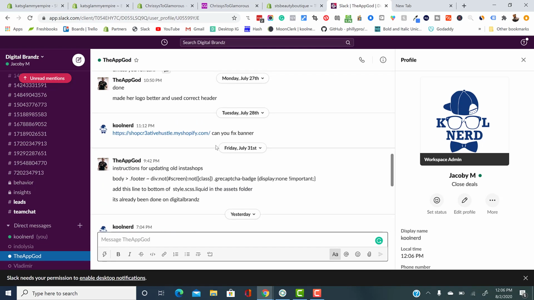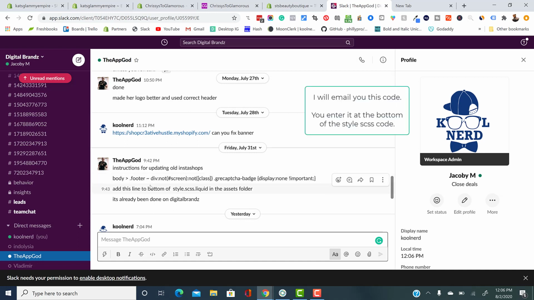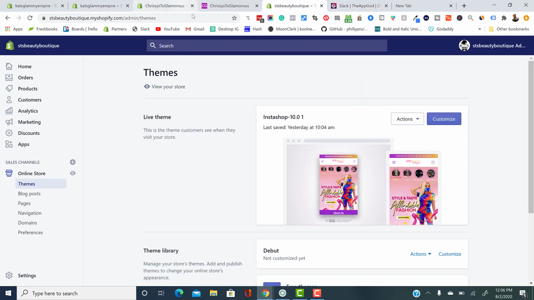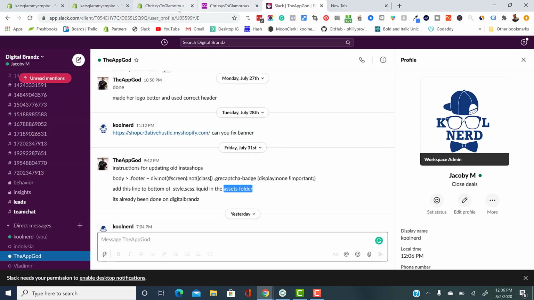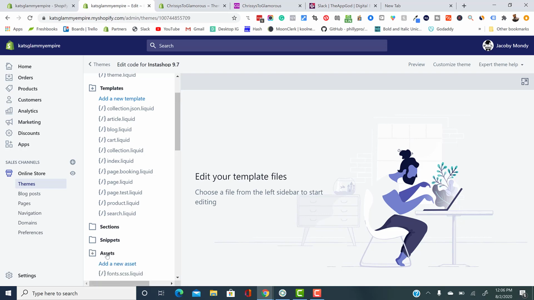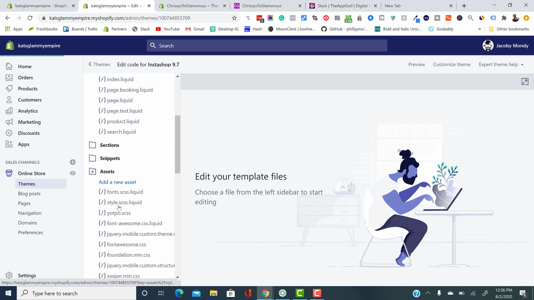we're going to drop the code. You're going to go into edit code, and you're going to go to the style.scss.liquid in the assets folder. So I'm going to go in here. Well, that's 10.0, so I don't need that one. Where's my 9.7? So, all right, I'm going to go to the assets folder because it said go to the asset folder. Then I'm going to go to style